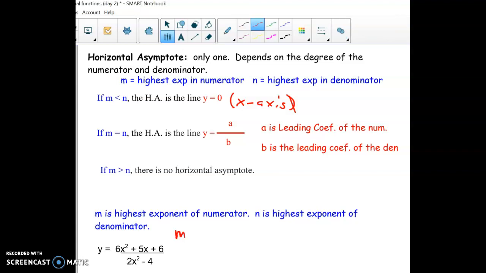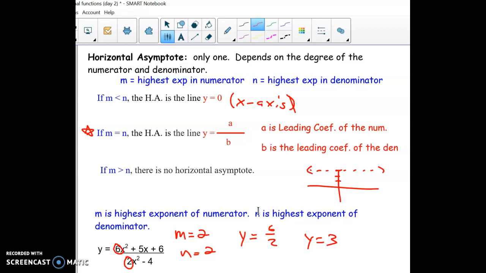Okay, so m in this case is the 2. That's the highest exponent up top. N is the highest exponent in the denominator, also 2. So in our chart, we are in the middle case where they're equal. And so our horizontal asymptote is the line y equals a over b. So these are the leading coefficients. Here's the leading coefficient up top, here's the one on the bottom. So it would be the line y equals 6 over 2, or y equals 3. Right, so when we graph this one, there'll be a horizontal asymptote up here at 3. We'll draw it in like that, and that's where our horizontal asymptote will be for this particular